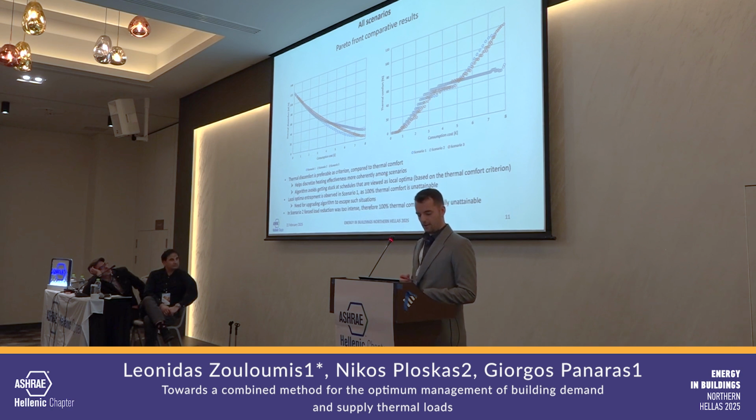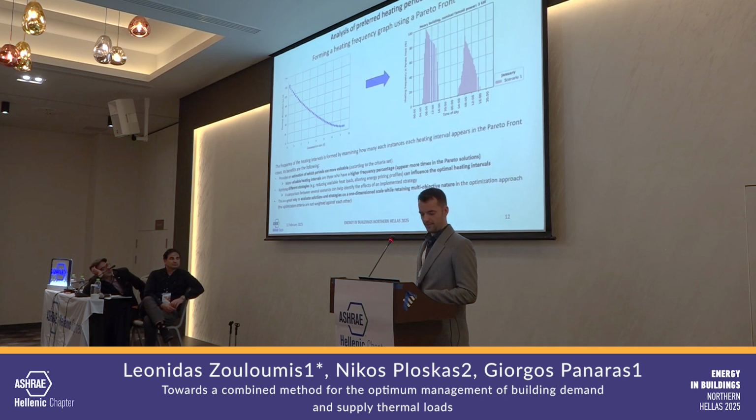criterion. Also, we can see that in scenario 2, the forced load reduction was so intense that 100% thermal comfort was physically unattainable, which means that we have to check how much we reduce the thermal capabilities of the building. And the algorithm cannot do anything about this, because no matter how much it preheats, thermal comfort will not be increased. So we saw that the algorithm works adequately well, and now we are going to